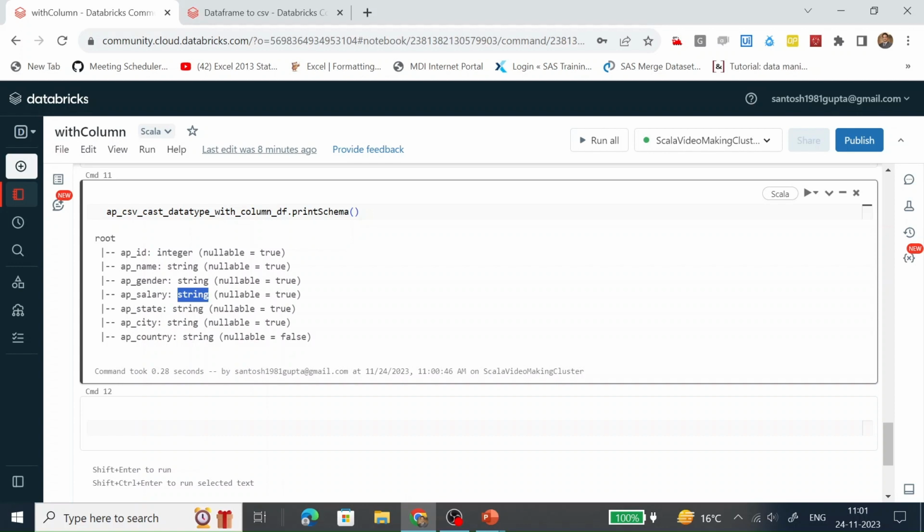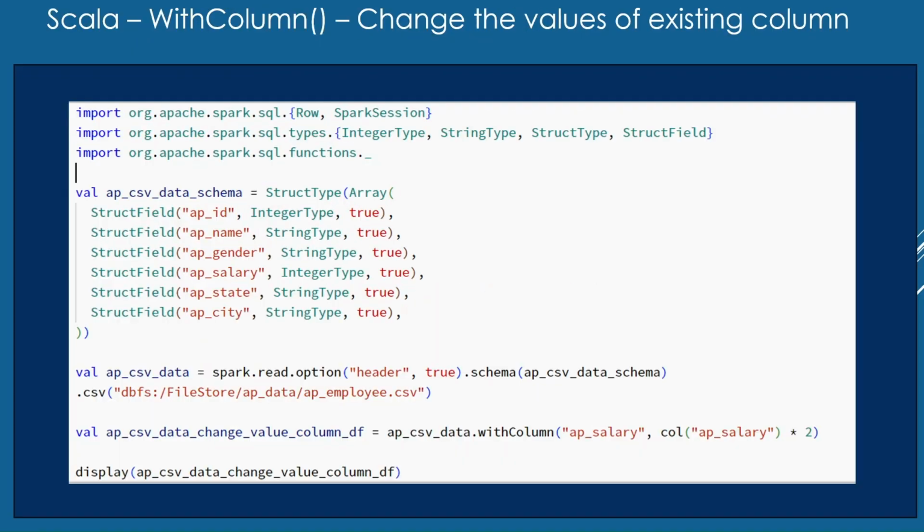Let's go to the PPT. Now in this exercise, with the help of the withColumn function, we are going to change the value of an existing column. We will see how with the help of the withColumn function. Till here the code is the same.